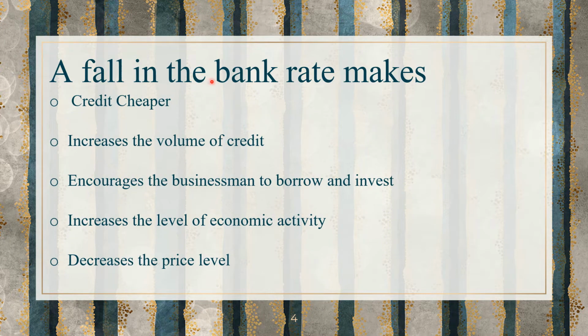And vice versa, if the bank rate falls, the credit becomes cheaper. We all know commercial banks will be getting the loans from the central bank at a lower rate, and they will be offering them to common people also at the lower rate, right? So the credit for common citizens, me and you, will become cheaper, which will increase the volume of credit, meaning more people will borrow larger amounts of funds from the commercial banks. Both ways, the number of people will increase and the amount of funds also will increase.